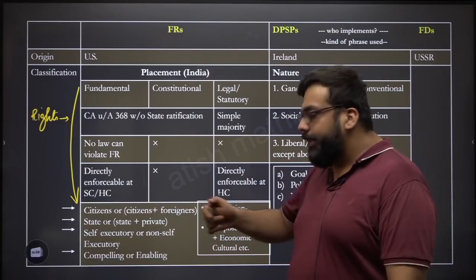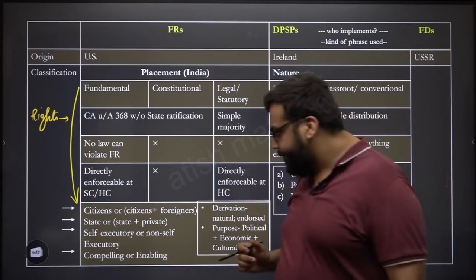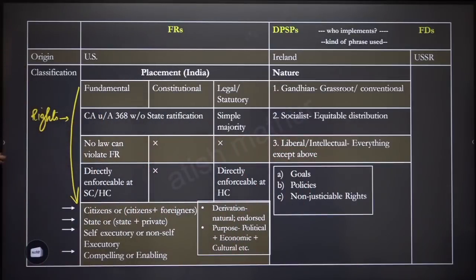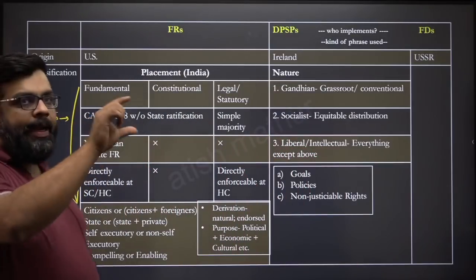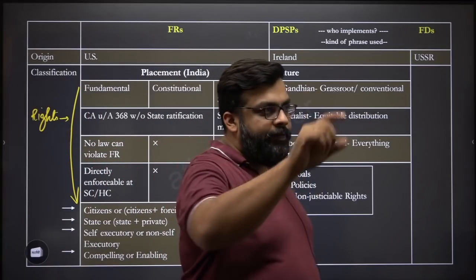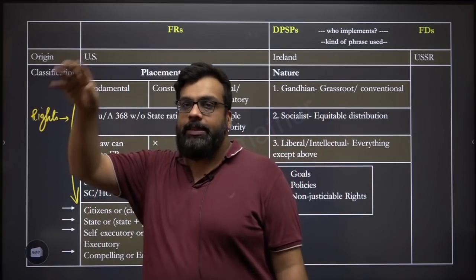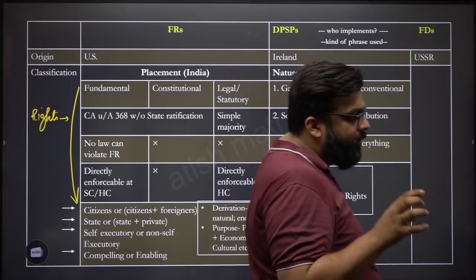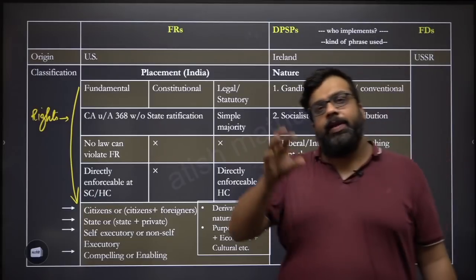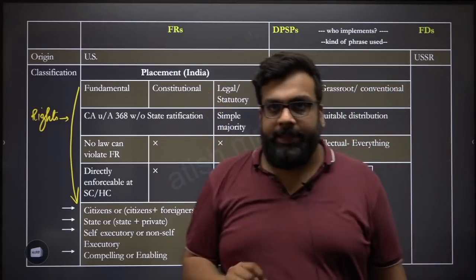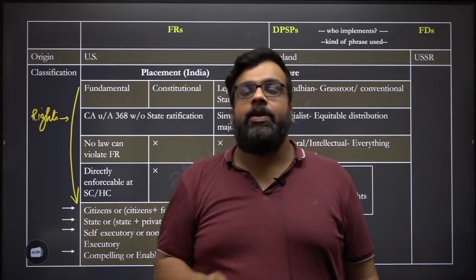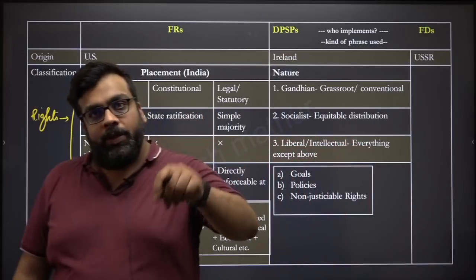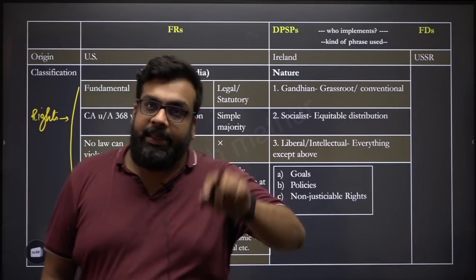Okay. First is, who are the rights available for? Citizens or citizens and foreigners. Now, what Lakshmikant does is, it picks up the headline of those rights, 14, 15, 16, 17, 18, 19, 20, 21, 22, so on and so forth, and says, okay, 14 is available for everyone, whereas 15 is only available for citizens. That's actually technically not true, because a few of the clauses of Article 15 are actually available for foreigners as well,